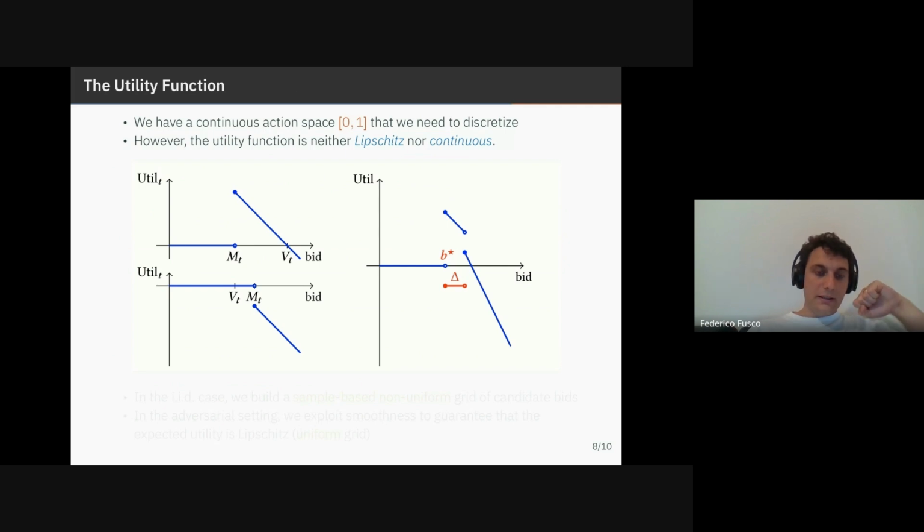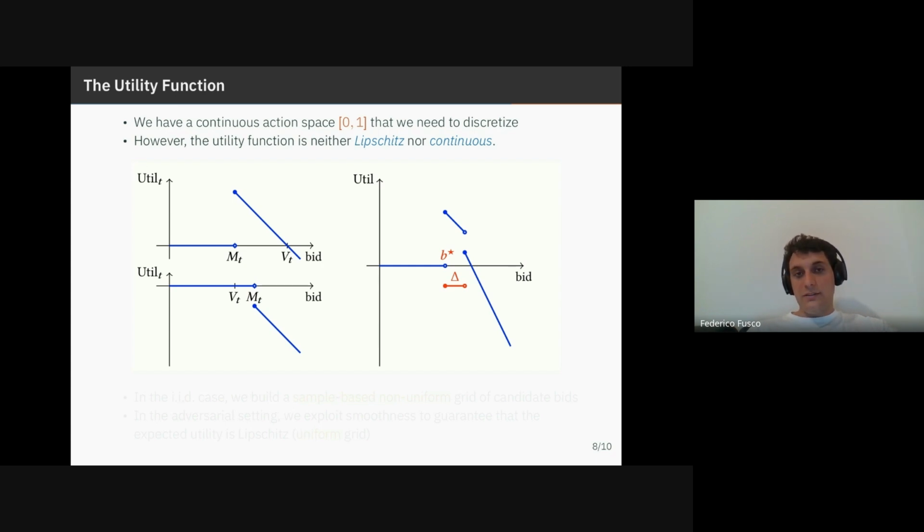On the contrary, if Mt is larger than Vt, meaning that to win the item, the bidder has to pay way more than the value of the item, thus incurring a negative utility, then the jump is in the other direction. This is important because if we sum up these two utility profiles, we see that the